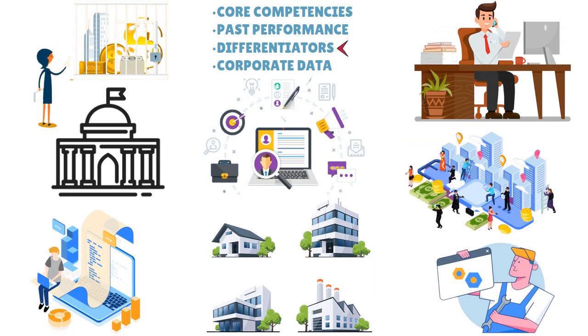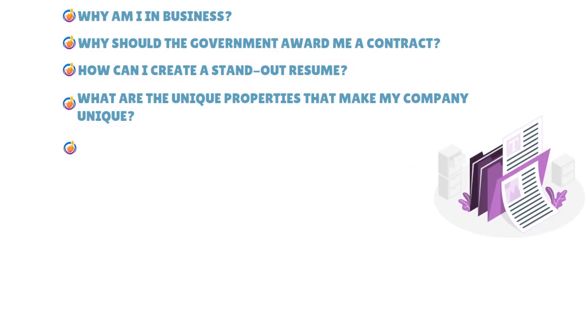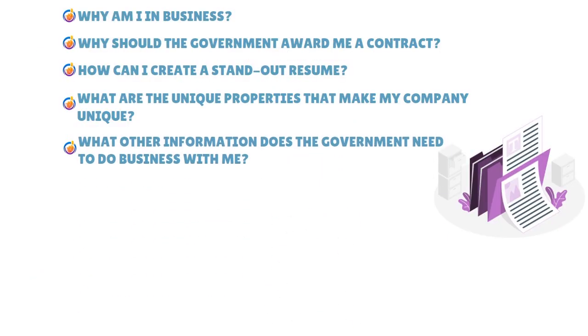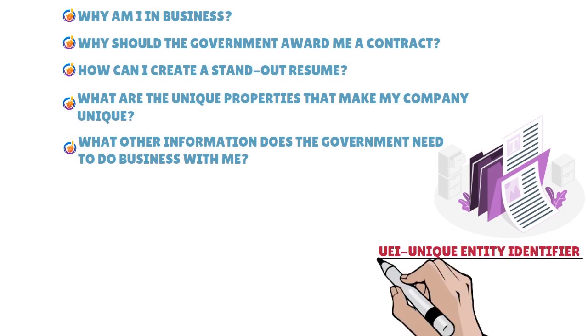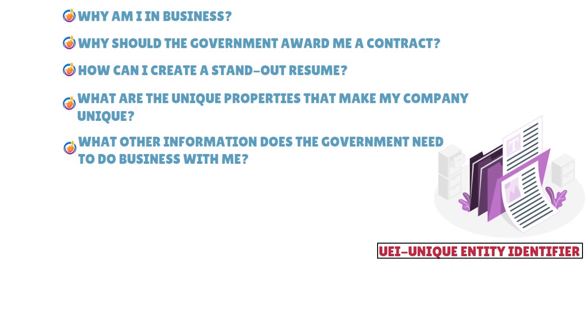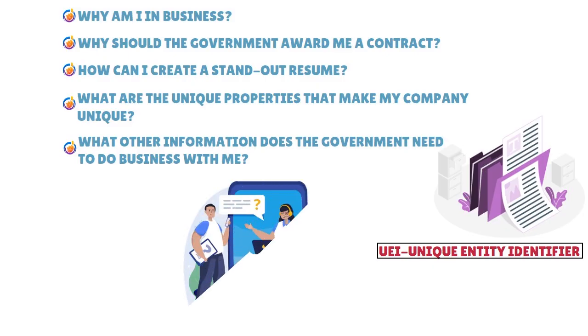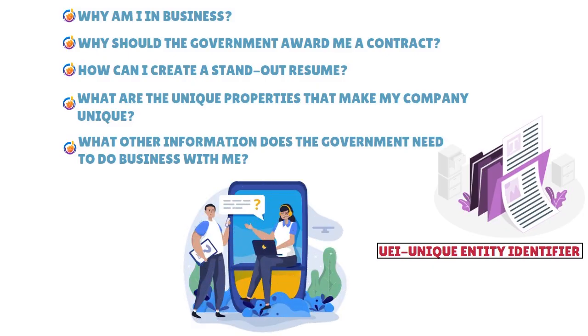That's what I meant by differentiators. Differentiators, and what other information does the government need to do business with me? And like I said, you got to have your UEI, your unique entity identifier. That's really important. One thing I want to say here is that knowing the answers to those questions in advance will help you streamline your capabilities statement and make sure that you hit all the most important key